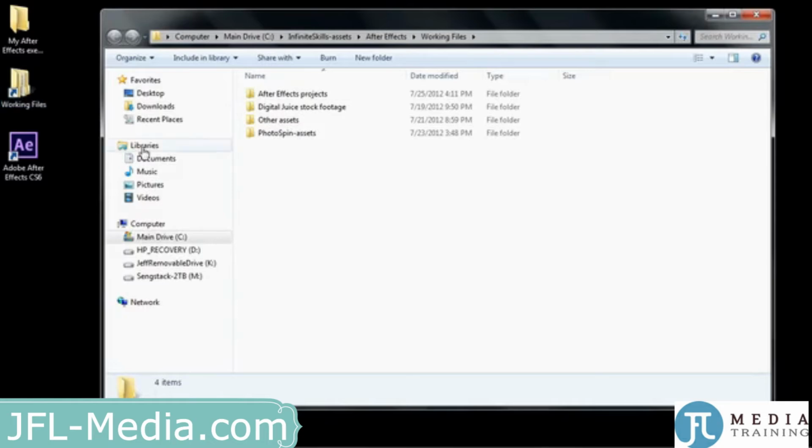In this lesson, I'm going to briefly explain how to set up the assets that you're going to work with as you go through this course. Whether you downloaded the course or have it on a DVD, there's going to be a folder called Working Files. The Working Files folder has all the assets that you're going to need to use as you go through the course. The Working Files folder has these subfolders that include the After Effects projects that you're going to work on,